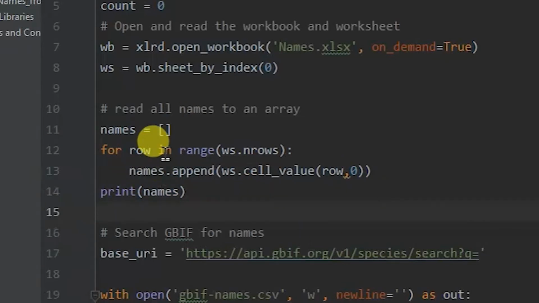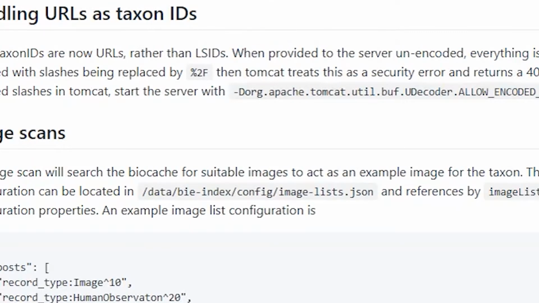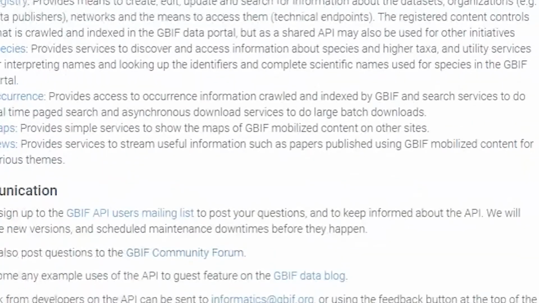Now, there was something that I had as a problem. I'll talk about it a little later. So this is where all the names are read, and the names are getting printed. When I run the command, the first thing you see is an array of names with 24 elements in it. Now I've declared the base URI, which is basically the base URI for what a query looks like